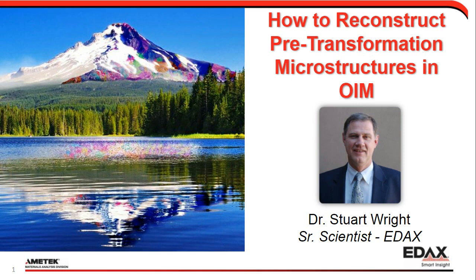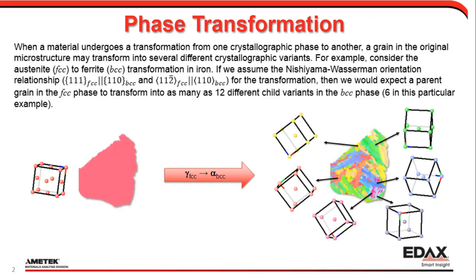Today I want to talk about what we've done to reconstruct the pre-transformation microstructures in OIM. This is part of our new 8.6 release of the software that we're hoping to have officially released by the end of this week, but we'll at least have it out by the end of the month for sure. So what we're talking about is when a material undergoes a phase transformation from one crystallographic phase